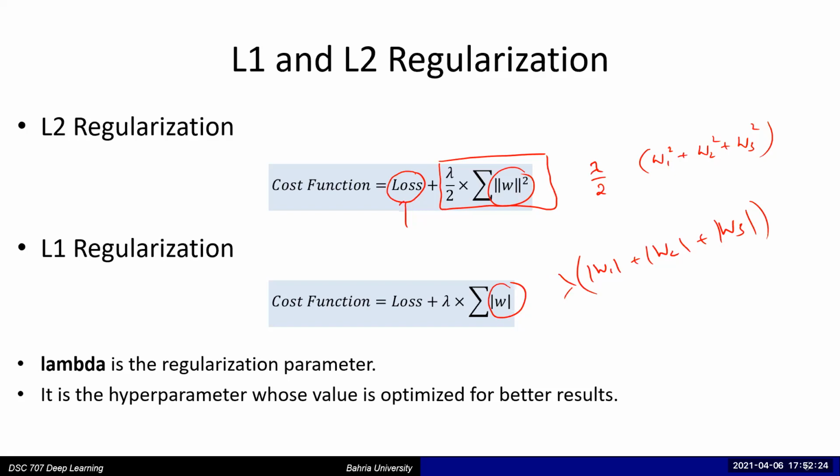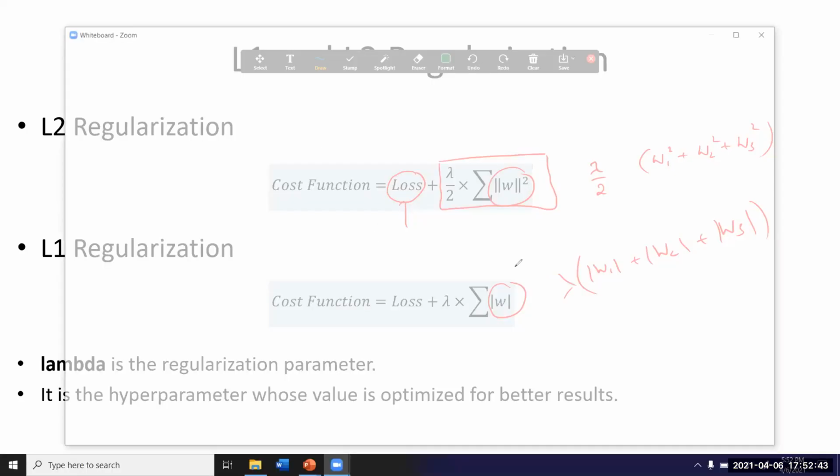Okay, so now we see in detail what actually is the difference between these two and how it helps to shrink the weights, right? How it pushes the weights towards zero, because that was our primary objective. Okay, so maybe I'll do some detailed derivation on the board so that you can follow it